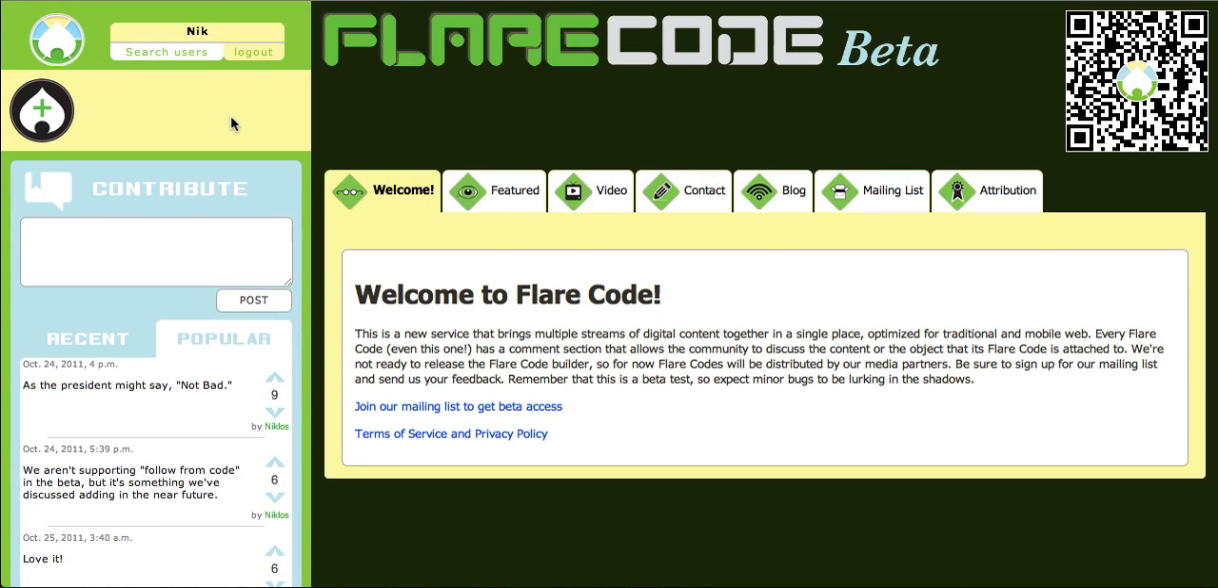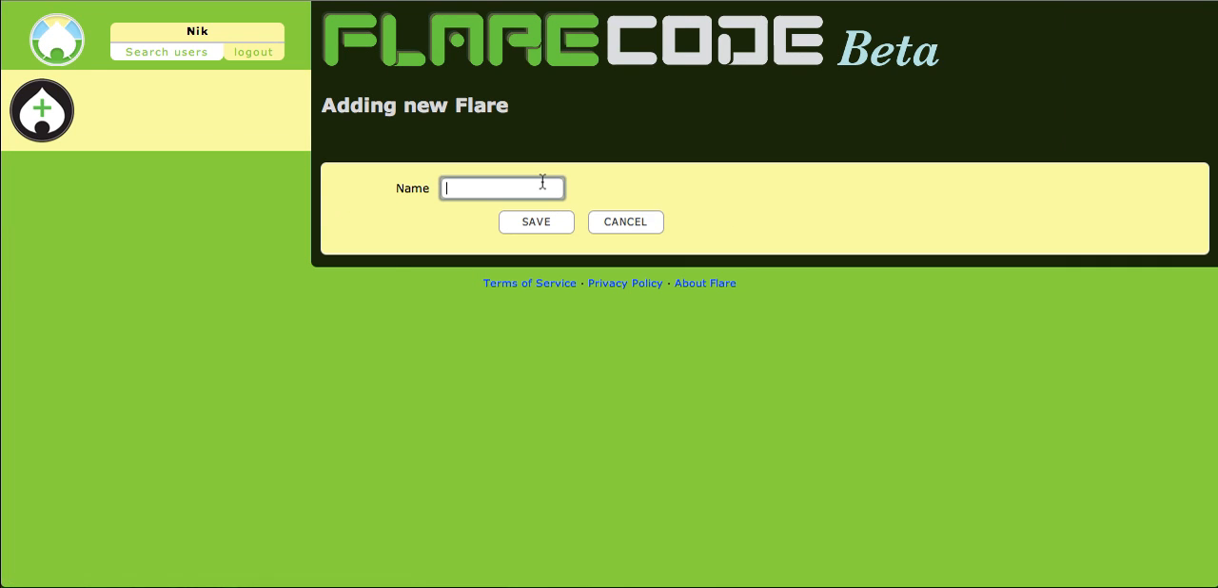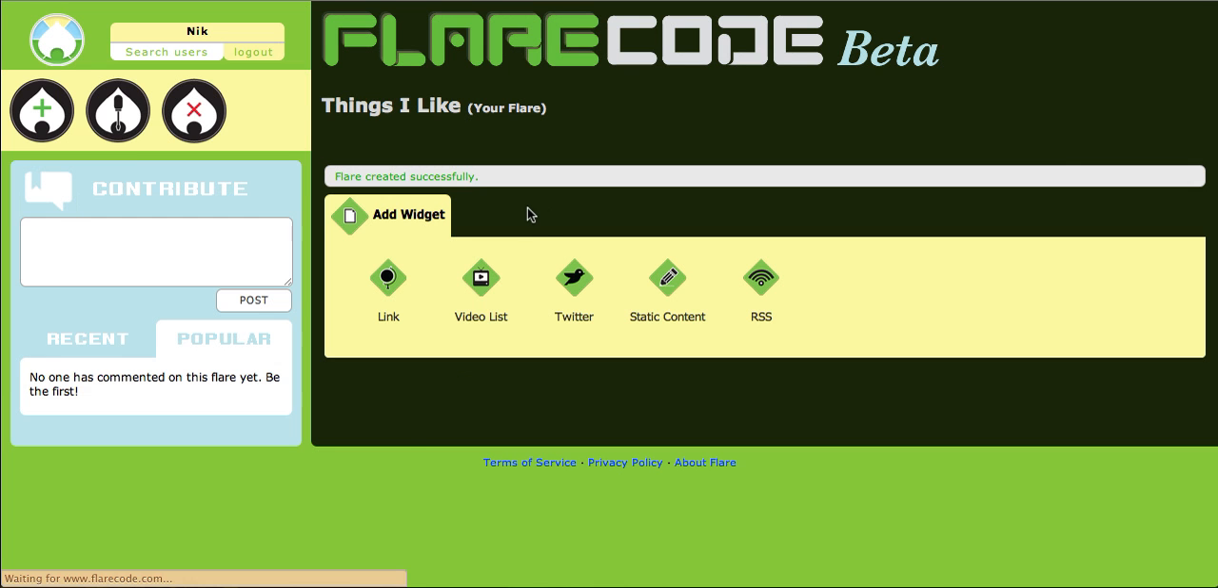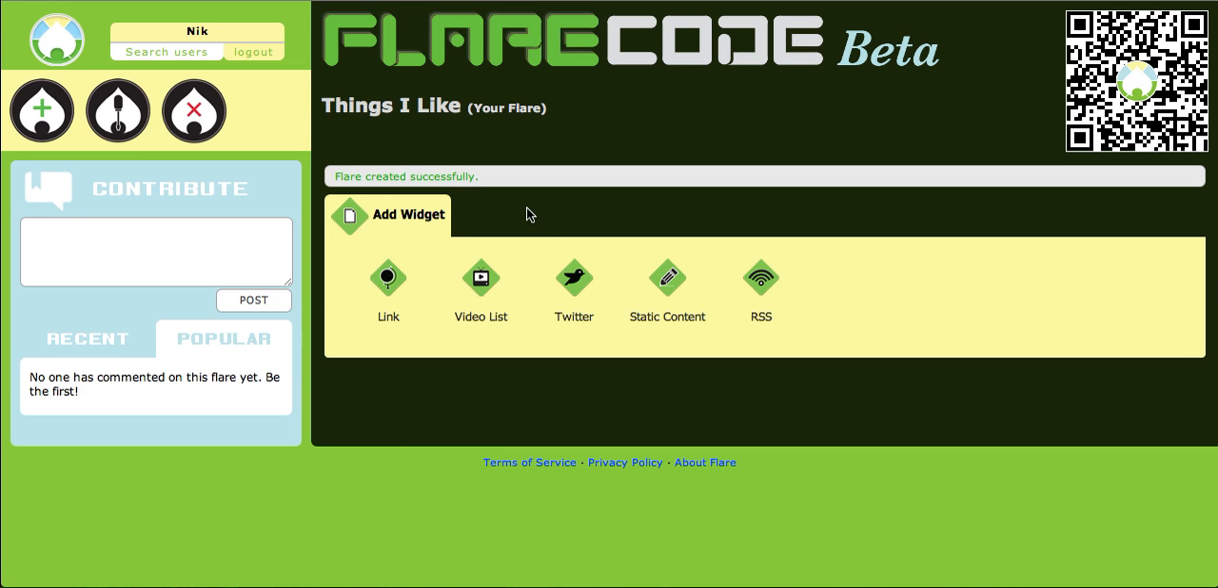Once you're logged in, creating your own Flare code is pretty easy. To get started, click on the new Flare button. We'll ask you to name your Flare. And then you'll be taken to your empty Flare, which you have to fill with different types of content, which